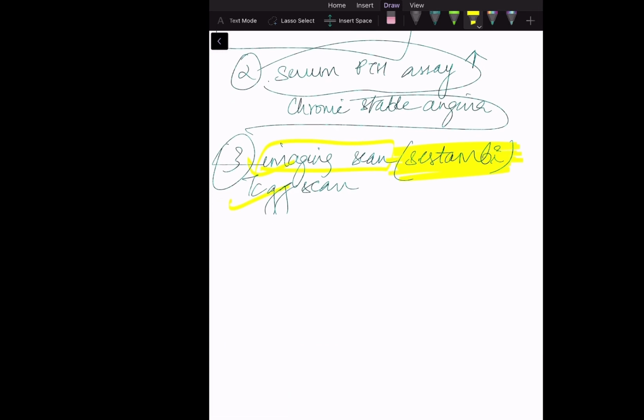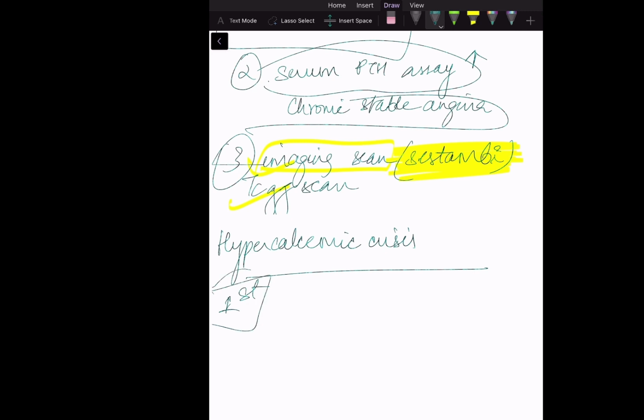Then coming to the other section, just imagine hypercalcemic crisis, what should we do? In this case, always remember, if they ask you specifically in the question what you should do first, the first thing you should do is